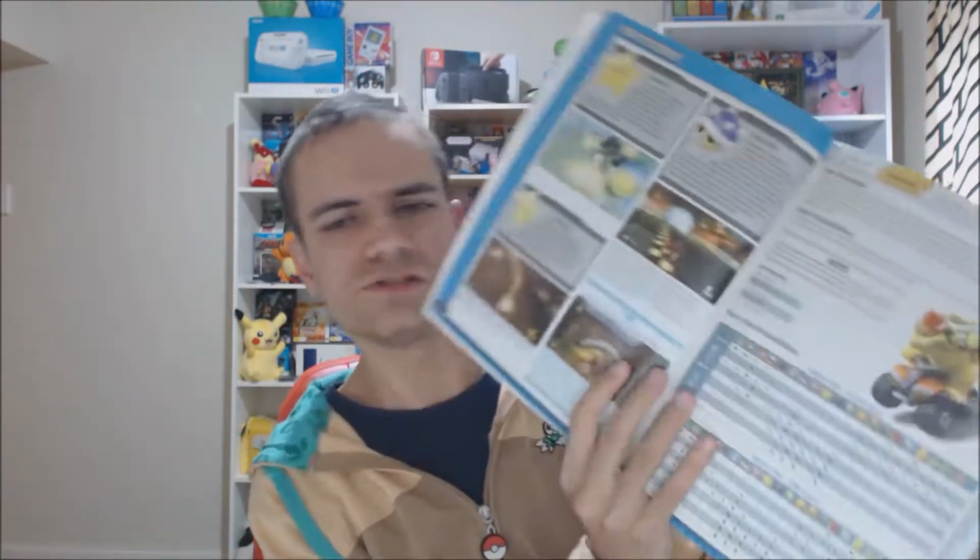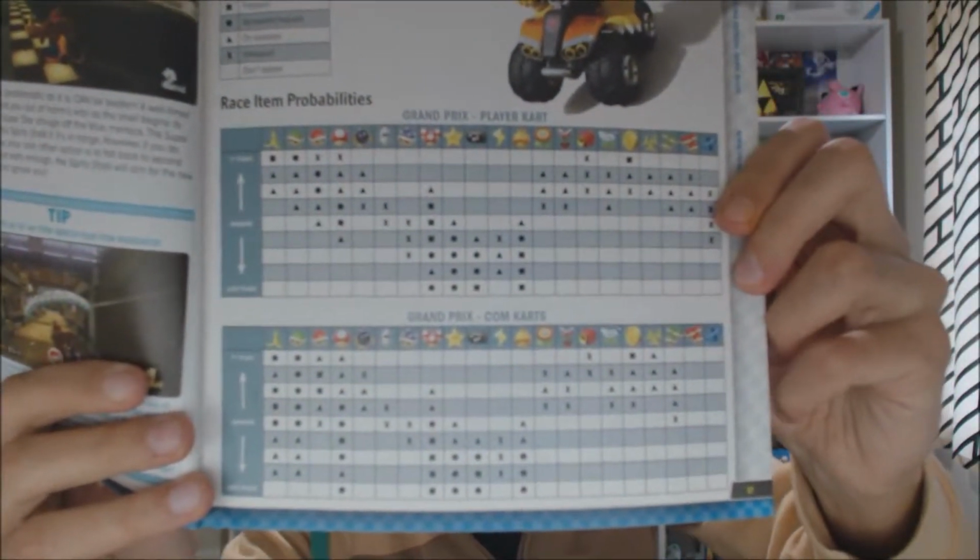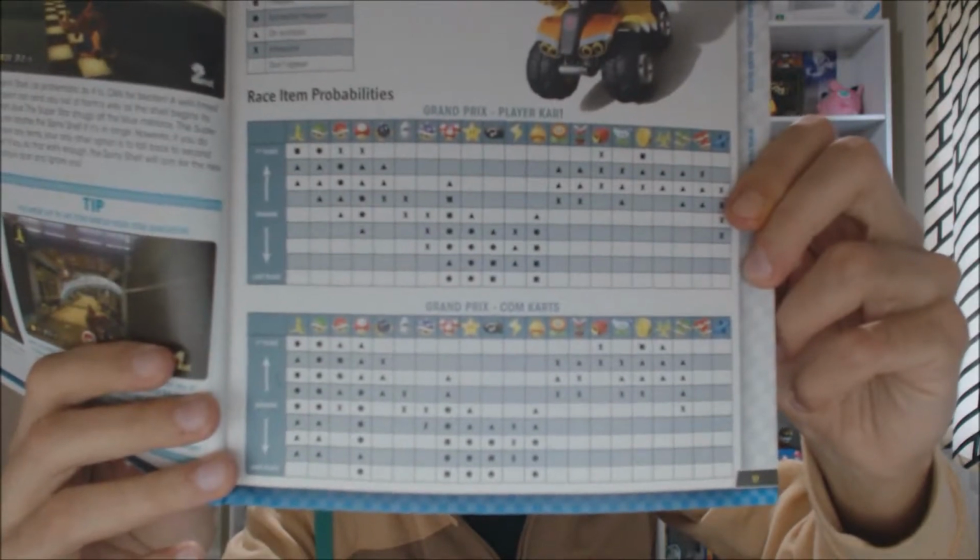And now these are all the probabilities of the items that you can get, which is actually very, very interesting. It's interesting for me to have a look at and see if that would change. So if you're in first place, you will not get red shells or mushrooms. You'll most likely get green shells. It seems to me the sweet spot is in fourth place, because on occasion you can get red shells, and you will frequently get triple mushrooms, and there's a slight chance of getting five fires and Piranha Plant, and maybe every now and again you'll get